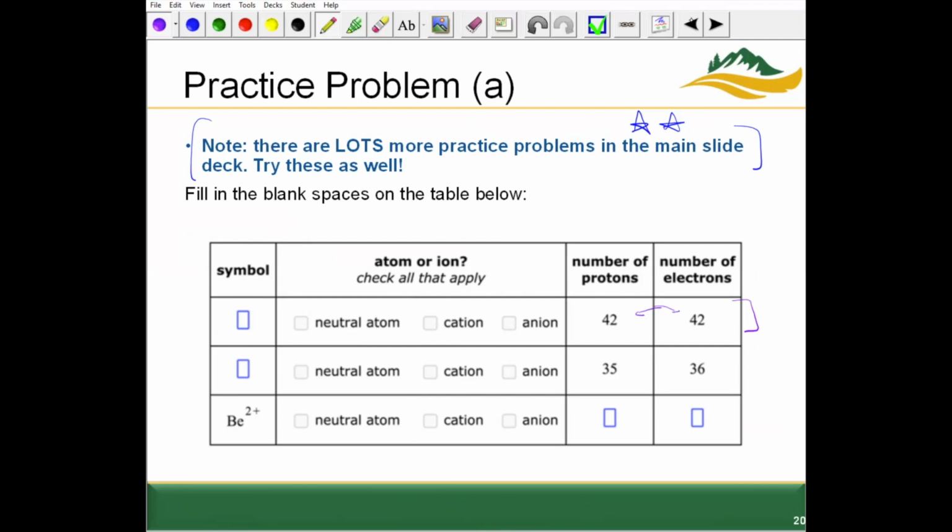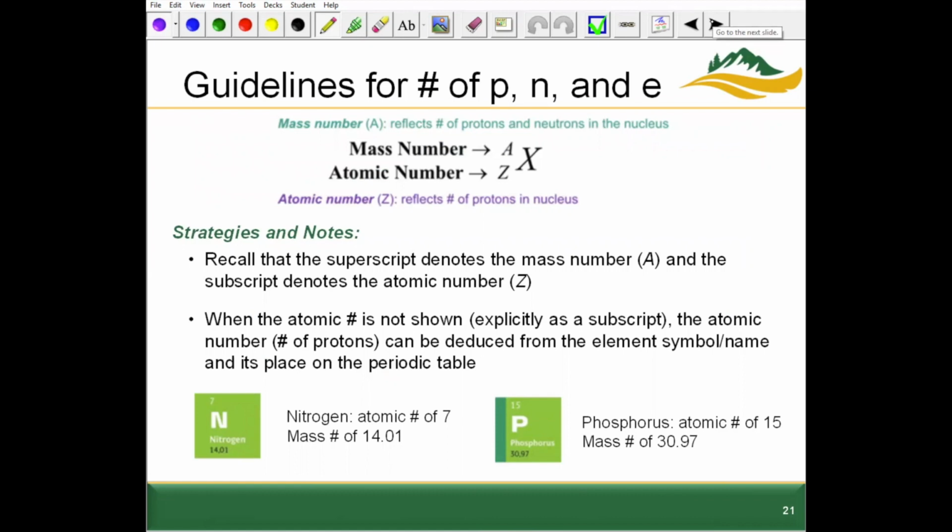Actually, before we go into this, I want to review some things that we talked about from part 1 of chapter 2A. Just some quick reminders here. A is the mass number. Z is the atomic number. If the atomic number is not shown explicitly, we can determine the number of protons and the atomic number based